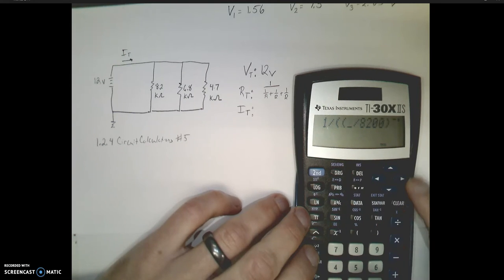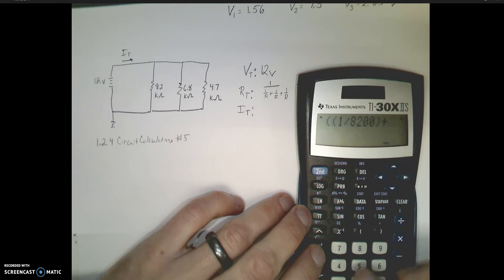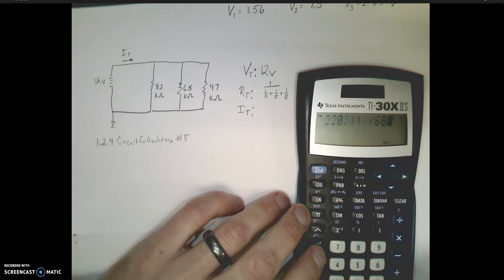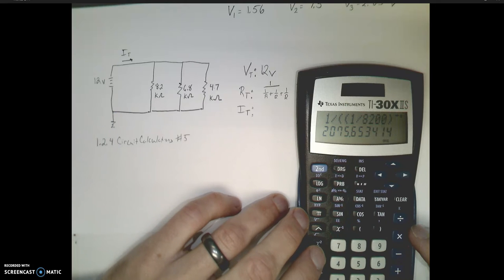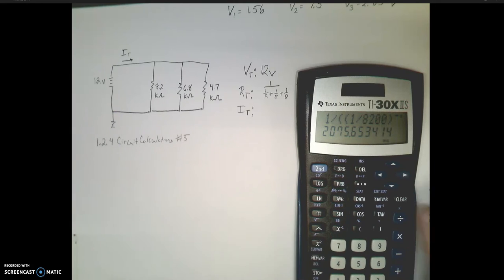Put the extra set of parentheses in there to keep everything in the denominator and each fraction separated. Don't really need those extra set of parentheses around 1 over 8200, but just for fun we will in that first one, and then you can see on the next one, since we don't need it, we'll add it in. 1 over the 6800, 1 over the 4700, close that bottom denominator out. Therefore, that total resistance is